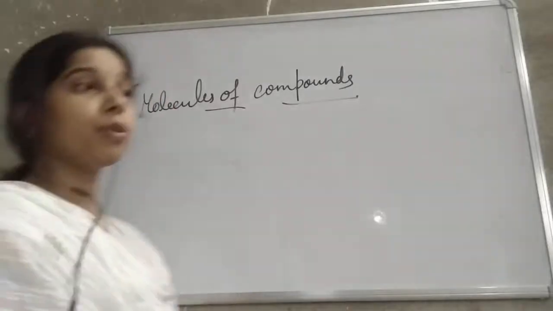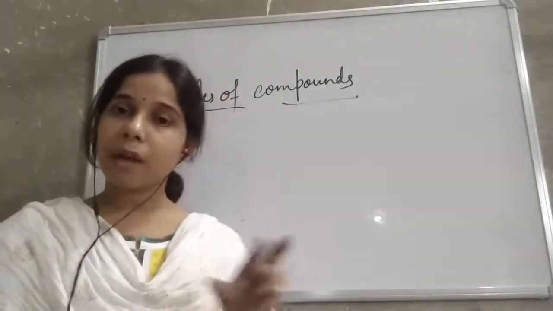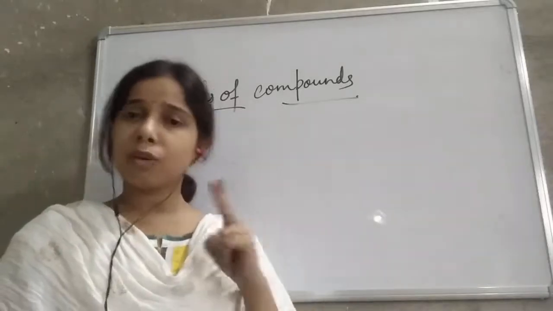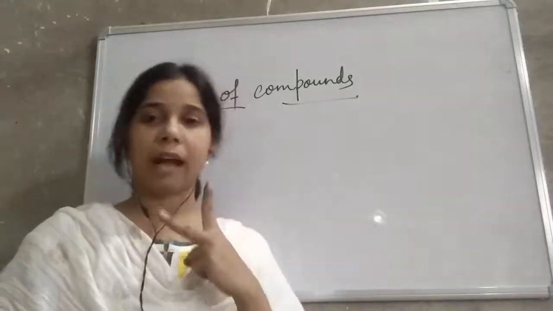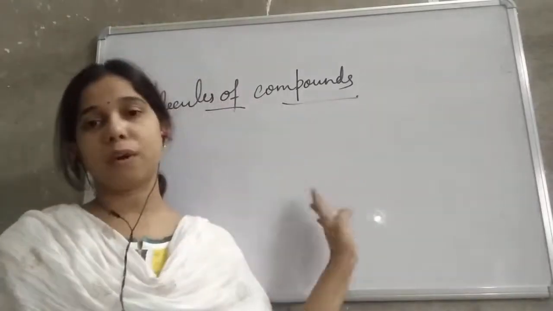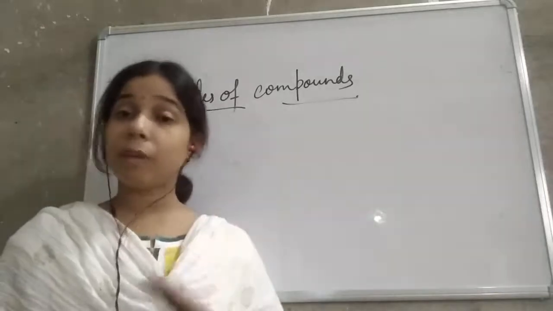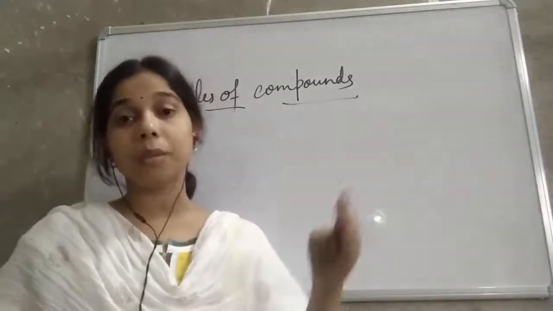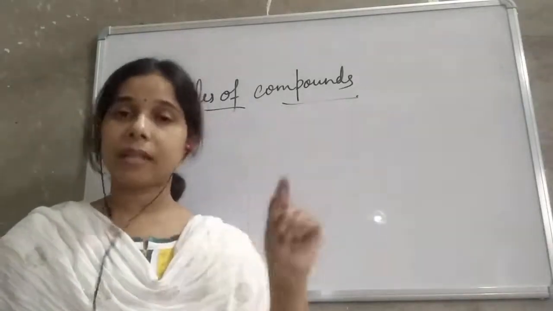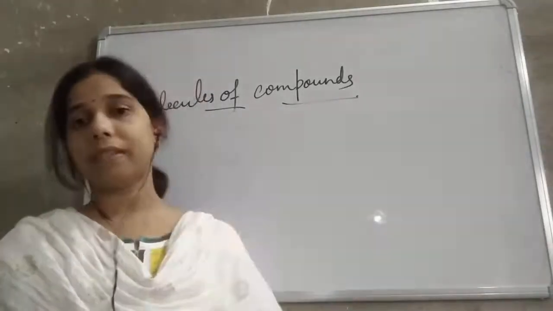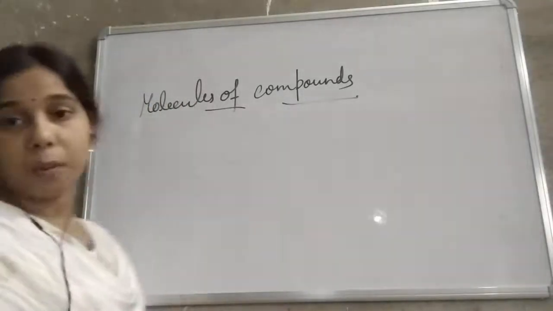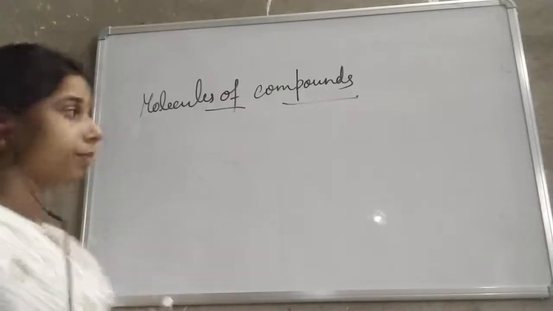Now you see here, student, we are talking about 2 different types of atoms combining together. So there will always be 2 different atoms. At least 2 atoms must combine together to form the heteroatomic molecule. So there will be no case of a monoatomic molecule of the compound, because two atoms must combine. So it will start with the diatomic. Here we will start with the diatomic molecules of the compound.